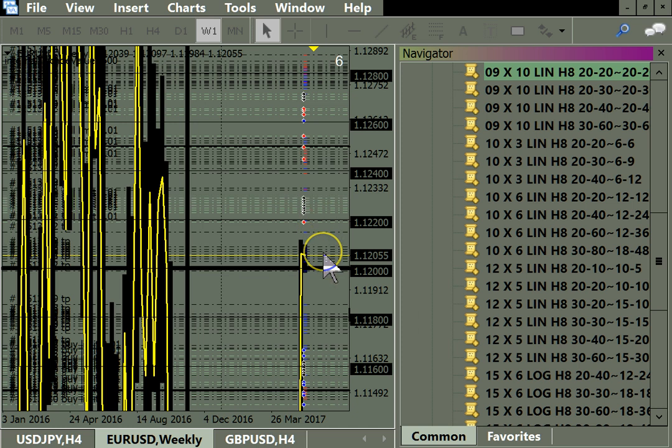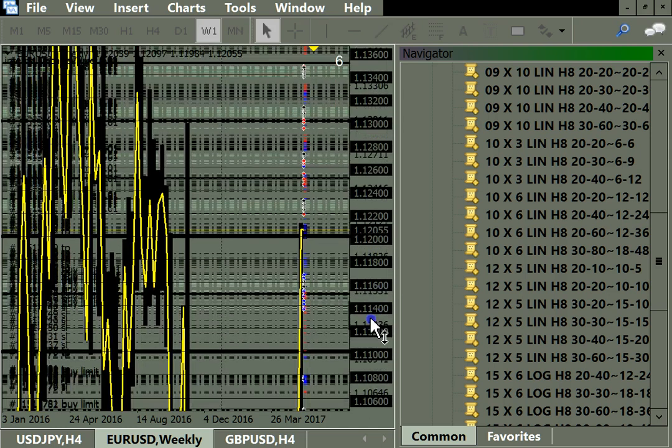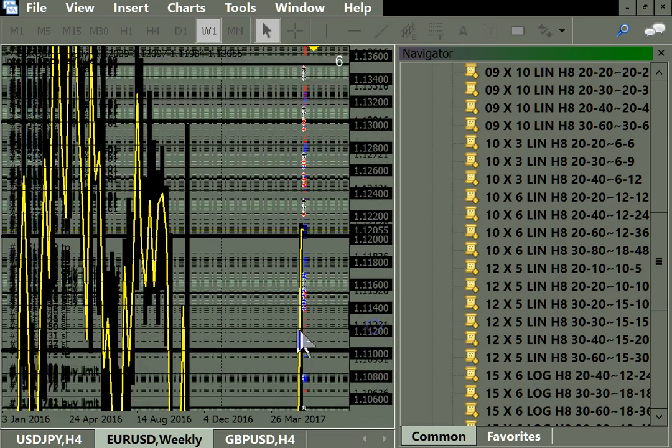8 hours. Would you sell up into here for a scalp? It's not going to make it to that target unless you wait for that whole thing to play out. See, even this looks like, I don't think people realize 20 pips is hard to make. I mean, if you really have to make it right now,